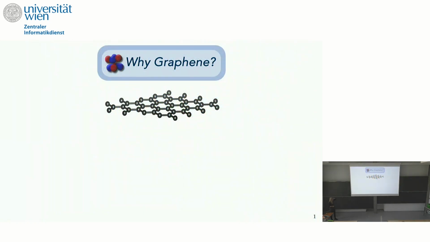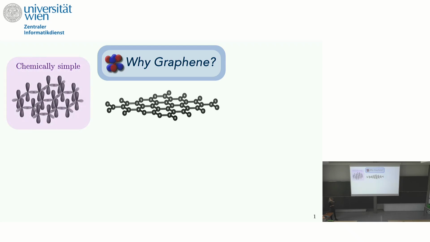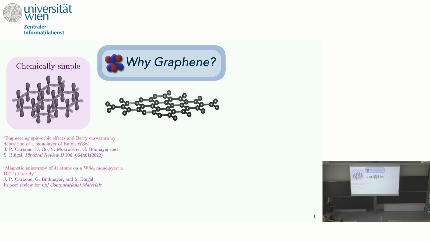So the first question to answer is why we pick graphene as a 2D material for the adsorption of rare earth atoms. And there are several reasons for it. The first is that graphene is chemically simple, which means that in the interaction with the 4f atom, it will interact basically only via these perpendicularly oriented pi orbitals. So it's quite a simple interaction, and this is in contrast to other 2D materials which we also investigated, like transition metal dichalcogenides, where many orbital hybridizations were involved in the interaction, and of course, these have a huge impact